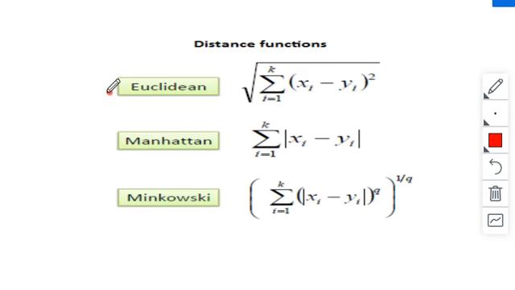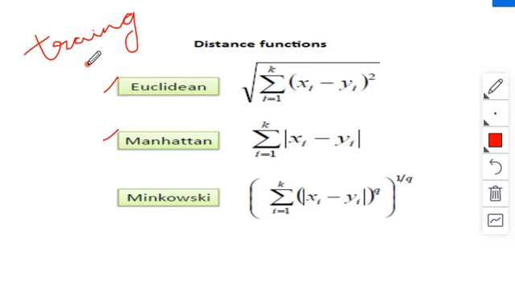When I say distance, how do we find the closeness among the data points? It is the closeness between the training data and the test data. That's why we say it is a lazy learner. Why? Because there is no prior training phase in the nearest neighbor. We will be doing the training and the testing side by side only.